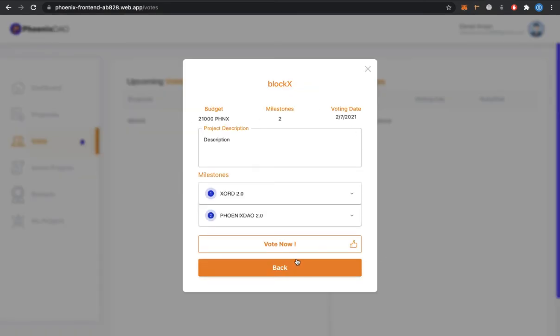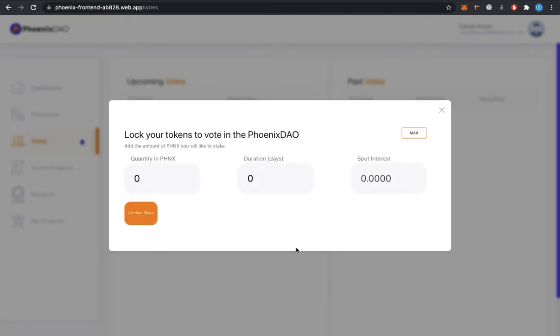Okay, if I click vote now, you can see that this modal has come up for staking Phoenix. So users will be able to stake their Phoenix tokens as they are voting on this proposal. So let's say the quantity is 100 and I am staking it for 10 days.